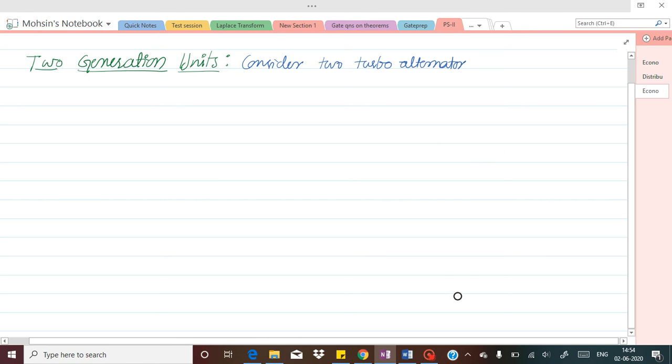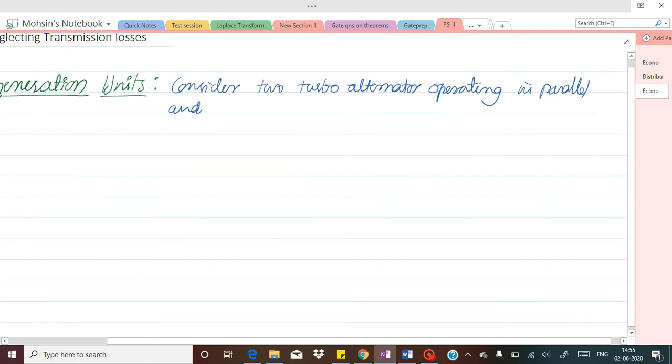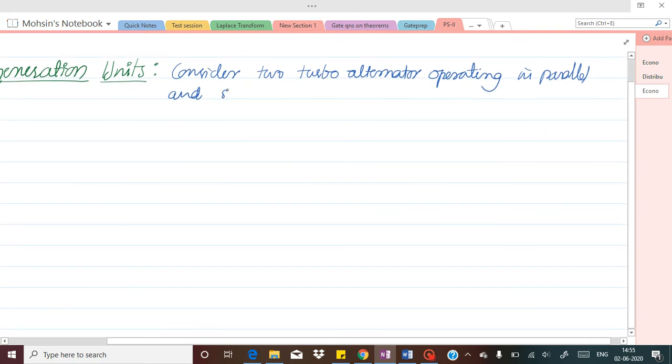One unit is nothing but one turbo alternator, operating in parallel and sharing the loads P1 and P2,